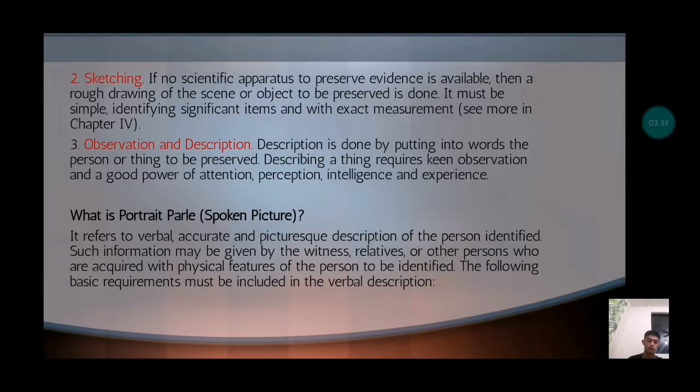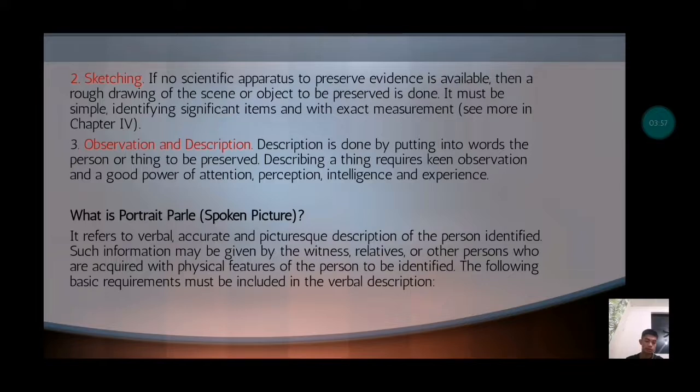If no scientific apparatus to preserve evidence is available, then a rough drawing of the scene or object to be preserved is done. It must be simple, with identification of significant items and with exact measurements. See more in chapter 4. And number 3 is